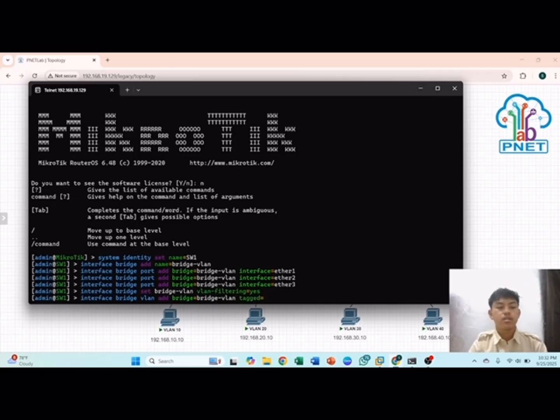You can tag the bridge VLAN to Ether1. VLAN IDs are 10 and 20.